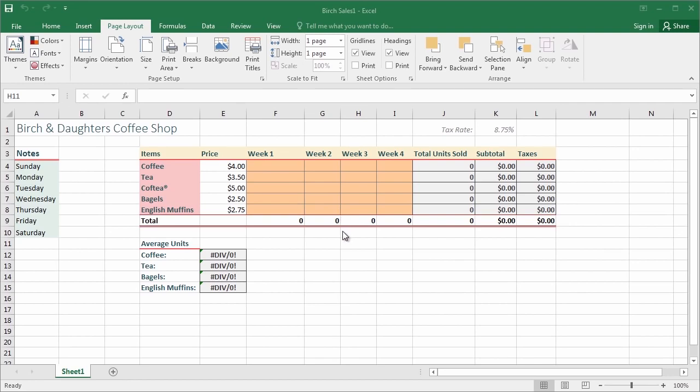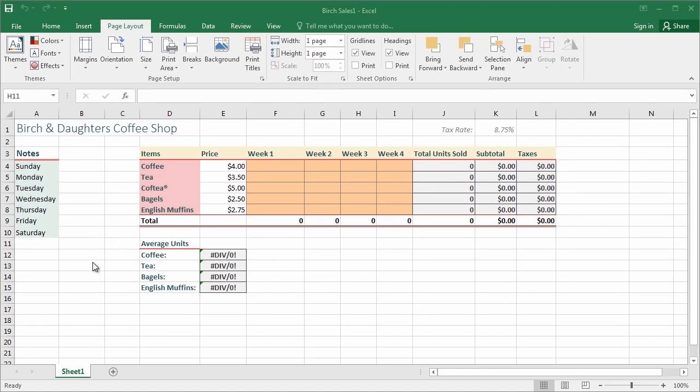All right. So we've now talked about how we can save these custom templates in order to prevent ourselves from doing more work. Let's keep on that trend. Now, Birch and Daughter's coffee shop is doing phenomenally well. Just crazy sales, really great. So great, in fact, that we're actually going to be opening up a new location. How great is that? To make a duplicate of this worksheet here,